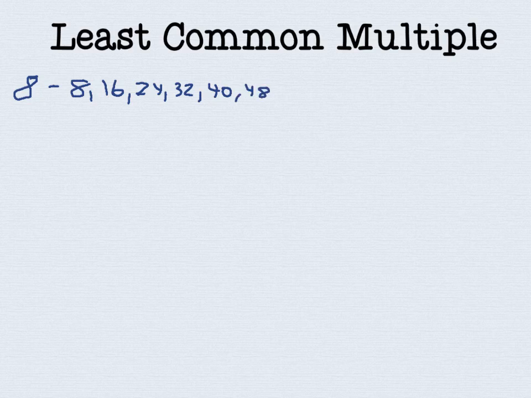Multiples are something you're going to use when you want to find common denominators. Take the number 8. List the multiples of 8. So you start going through and multiply 8 by 1, 8 by 2, so 8, 16, 8 by 3, 24, 8 times 4, 32, 40, 48, 56, 64, 72,